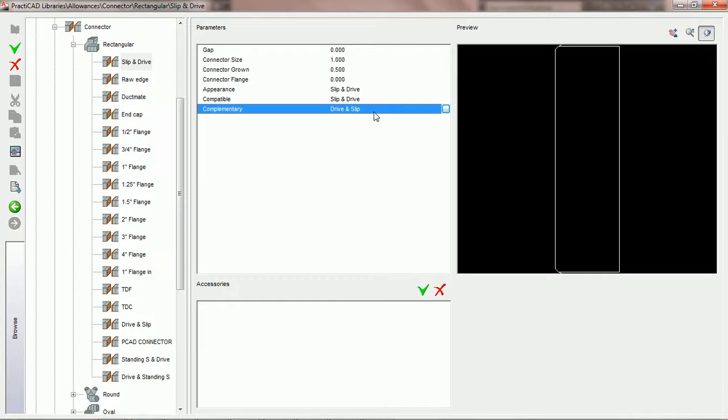The last parameter we have for rectangular connectors currently is the choice for complementary connectors. Now, complementary connectors is a very unique parameter which was designed specifically for connection types like slip and drive and slip. It is not used in connections like TDC, TDF, ductmate, and those where all four sides of the connection are identical. The reason why we're going to use slip and slip in this tutorial is because complementary connections helps